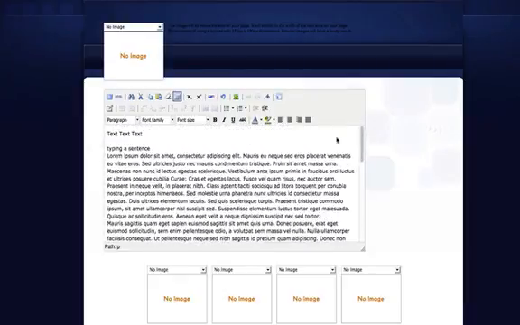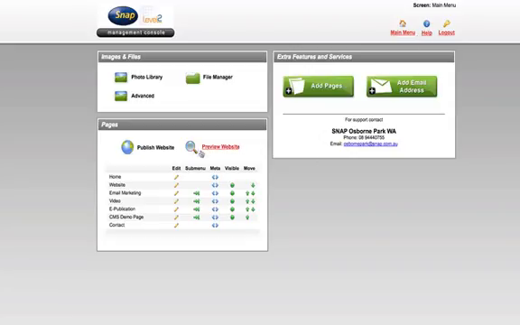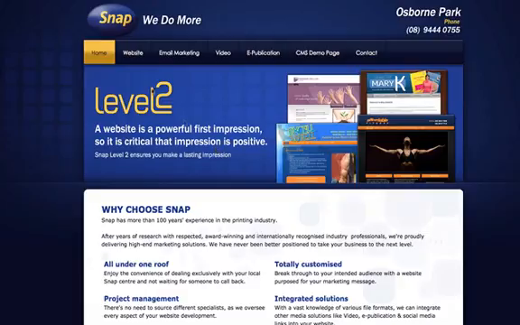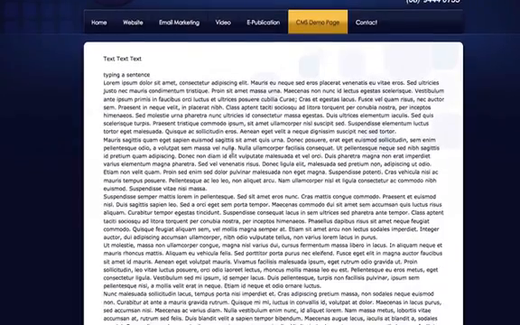So this is probably a good time to save the page, which will pop us back out onto the main view. And what I probably want to do is preview the website. So I want to have a look and see what this looks like before I commit to it. So I click on the preview website. I'll go into the CMS demo page here, and we can see that what it's done is it's stripped out